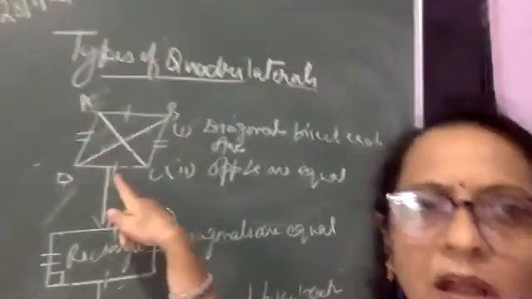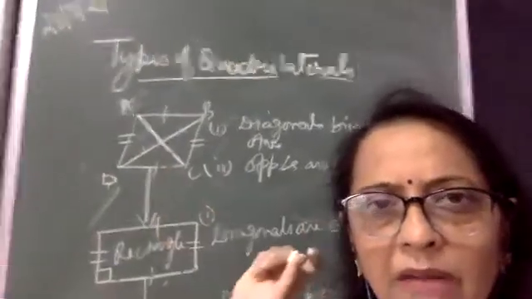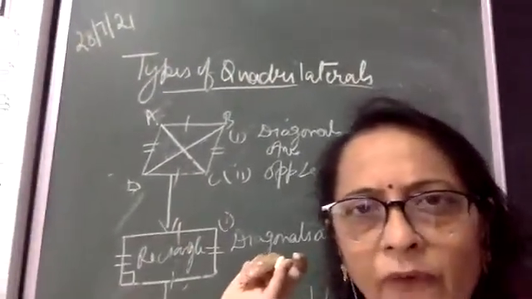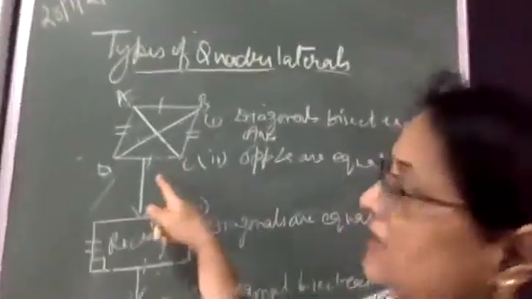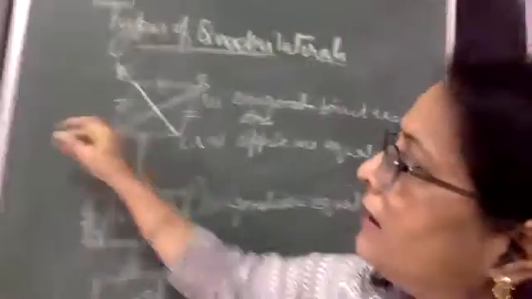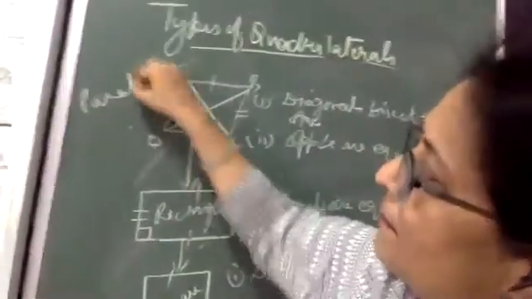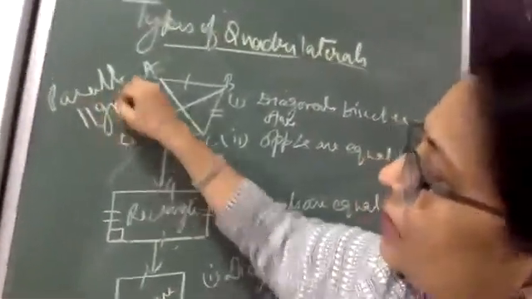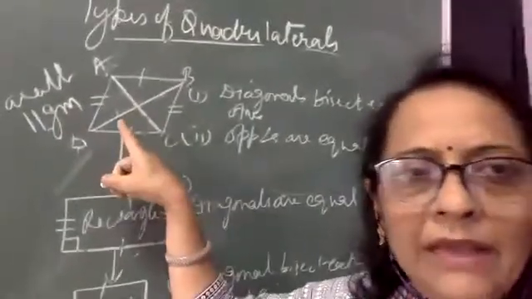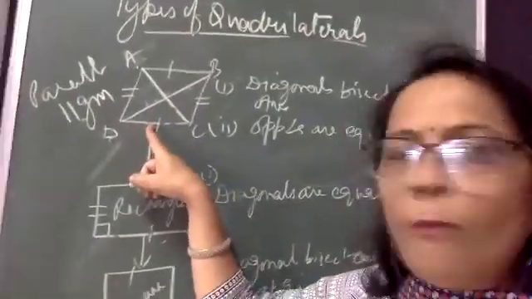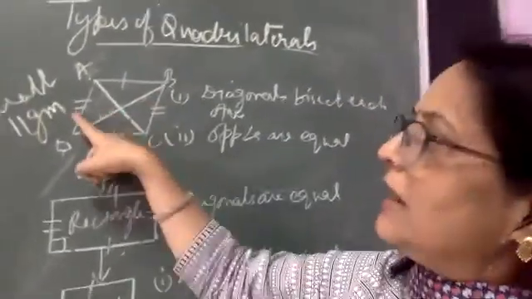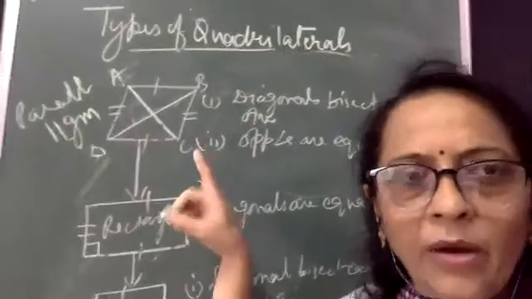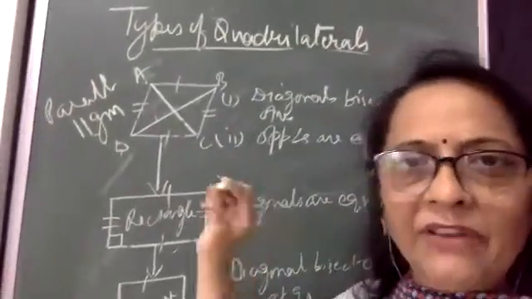So you all can see here, this is the quadrilateral drawn. First of all, what is a quadrilateral? A quadrilateral is an enclosed figure of four sides, or a polygon with four sides, is called a quadrilateral. The first type of quadrilateral is called a parallelogram. This is the symbol of a parallelogram, right? A parallelogram is a quadrilateral with two pairs of opposite sides equal. So AB and CD are equal, and BC and AD are equal. This is the definition of a parallelogram which we have been studying since class 7th, right?